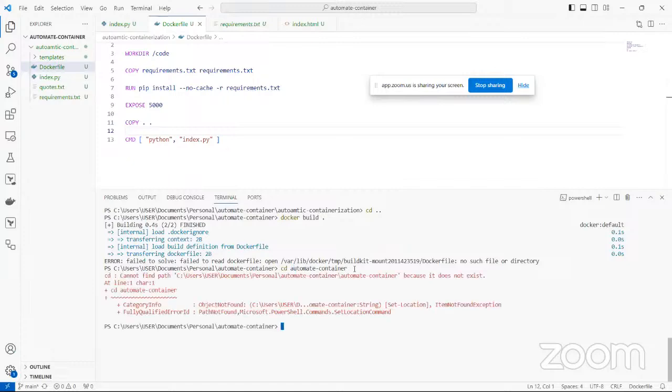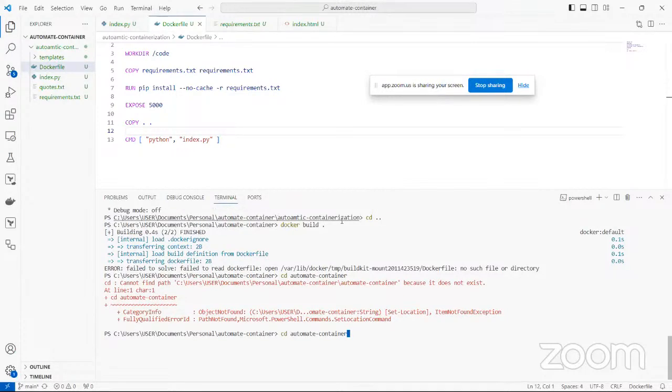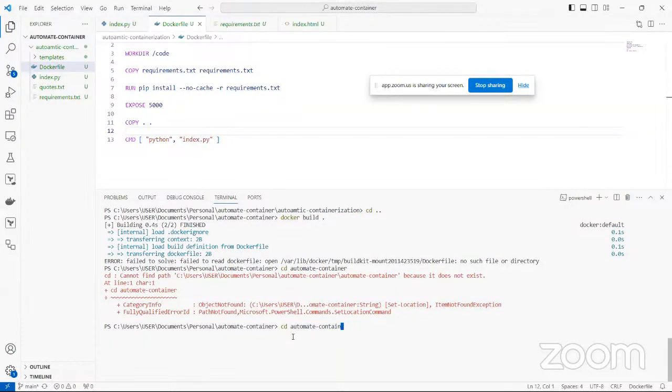So if I run this, it is not what I need. I wanted this route here. Okay, so let me pick this and paste this now. So now if I do docker build with the dot, that's number one. Normally if I run this command it will run, but